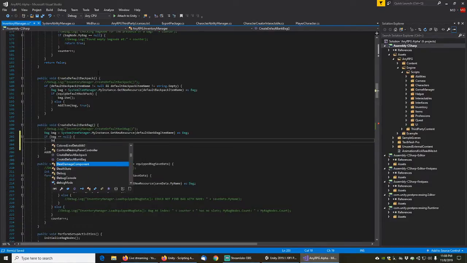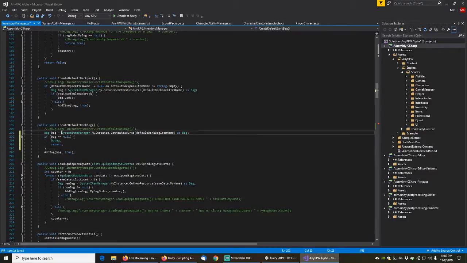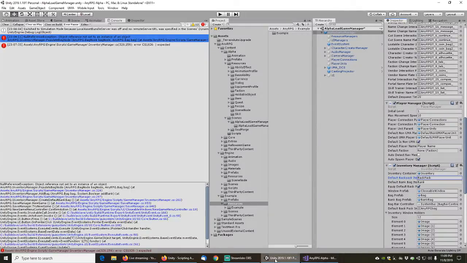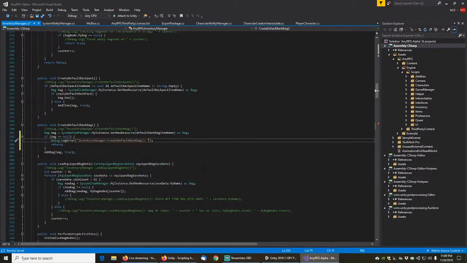So we're also going to do a debug dot log error, and this is going to say, let's give a nice useful message here. Check inventory